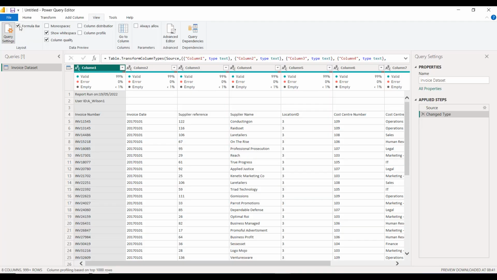In the Query Settings pane on the right-hand side of the screen, we can see that there are already 2 applied steps, the source step and a change type step. The source step is the command that Power BI uses to connect to the dataset. If I click on it, then you can see the code that comes up in the formula bar. Don't worry if it looks incomprehensible, as at this point you don't need to understand M code, and that would come more under the heading of advanced. However, you will probably recognize that there is a file address showing where the data that we are connecting to is stored.